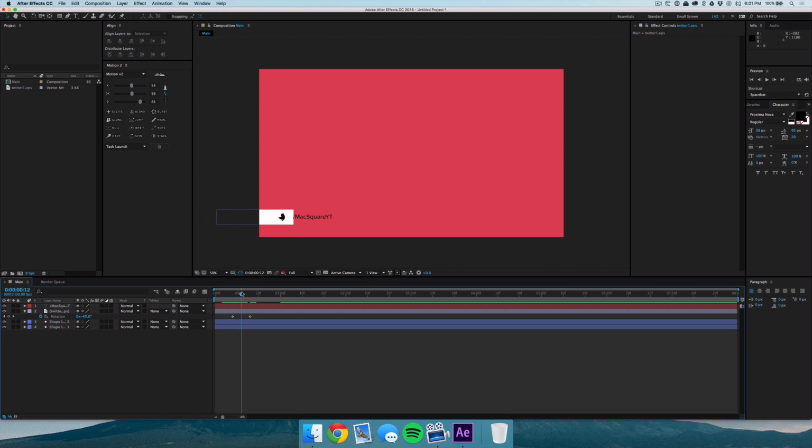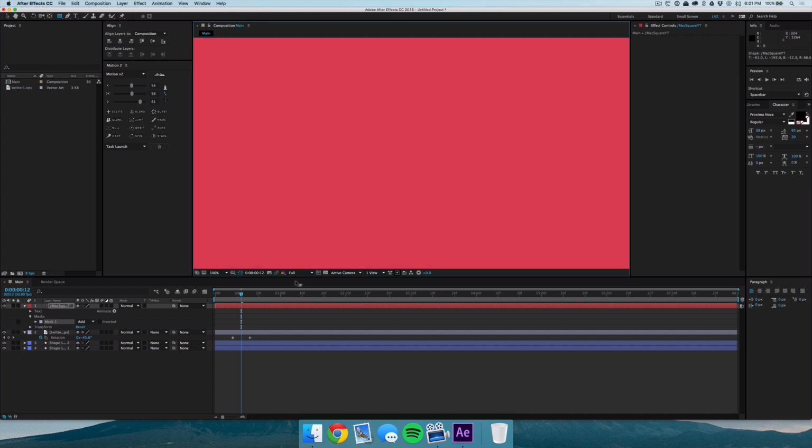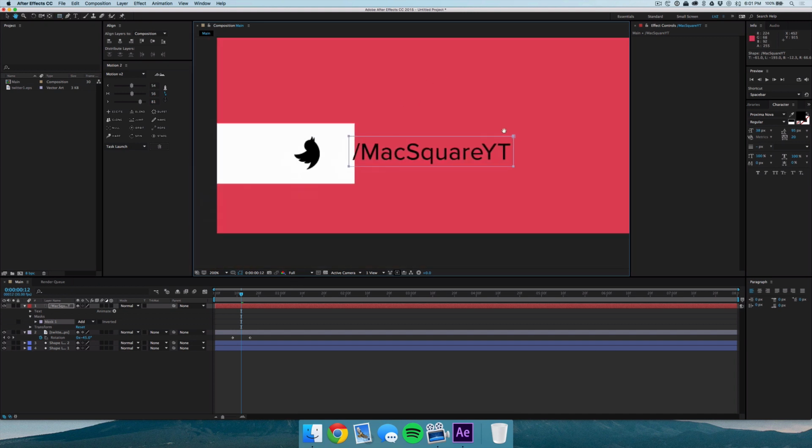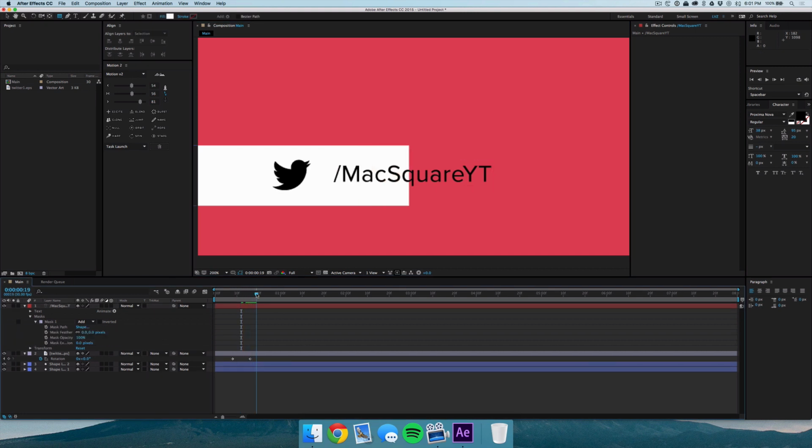Then we're gonna go to the text, and we're gonna take the text layer, and we're gonna select the rectangle tool, and click and drag over it to create a mask. Now you wanna make sure this is pretty exact, so you may have to zoom in here, and once you have that set up correctly, you're gonna go to the mask and go to where the rectangle is once again completely behind the text,